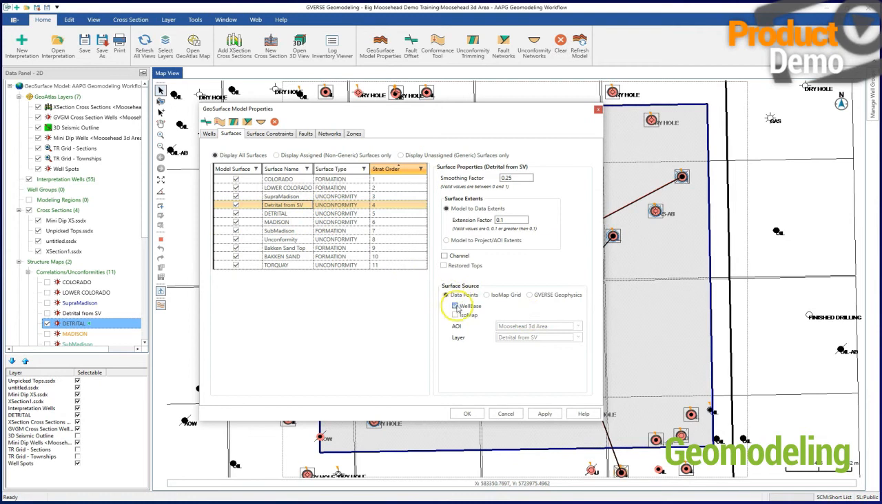Now our surface sources can either be from data points, isomap grid, or from a depth converted seismic horizon out of GVERSE geophysics. But for this one, I'm going to take an isomap layer from my 3D AOI. The layer is called the detrital from seismic volume, and I'm going to decimate it on a 2 by 2 grid, so it will load every other east-west grid node and every other north-south grid node, and should load much